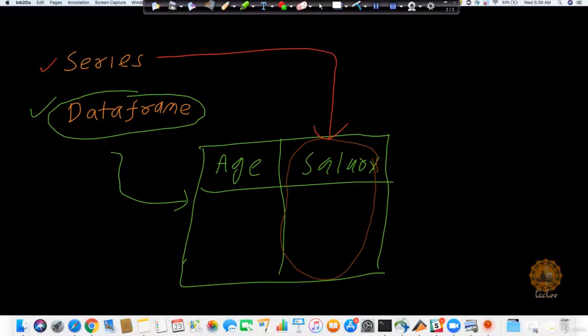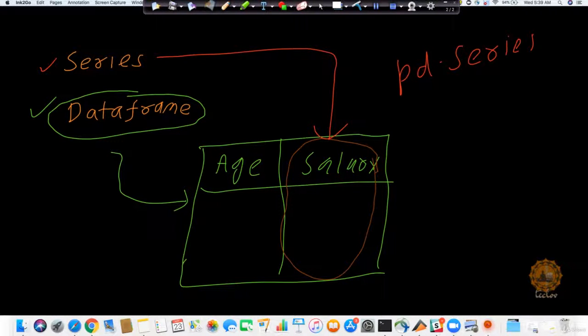We will have series of different data types like characters, dates, time, boolean. We will have different data types belonging to it. And we can easily create a series by using this API, pd.Series.